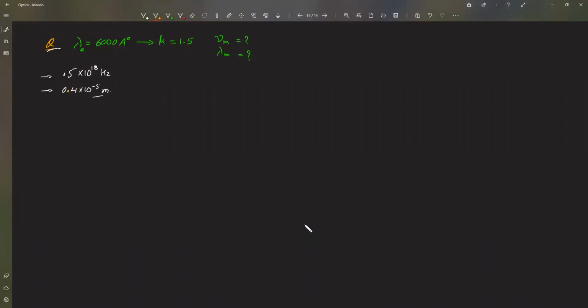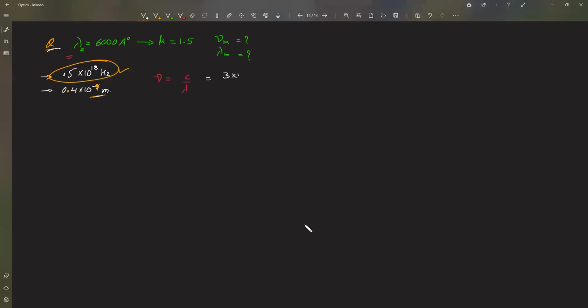Okay, we'll see this. The first part is where you have to find the frequency. Let's see that first. Frequency is not going to change even if the medium changes, right? So you can find the frequency from this expression itself: c equals nu lambda, so nu is equal to c divided by lambda. Just substitute the values here.